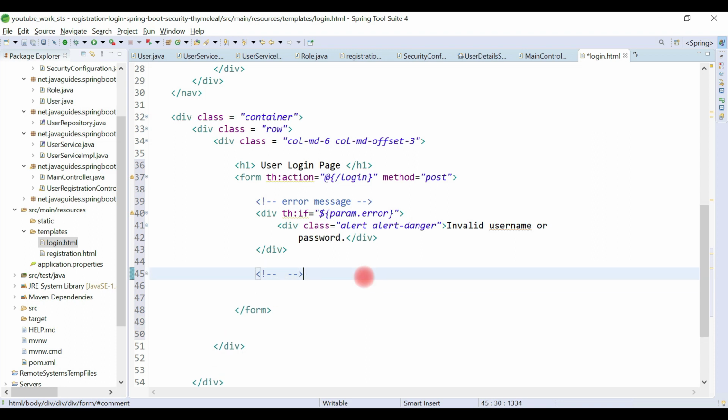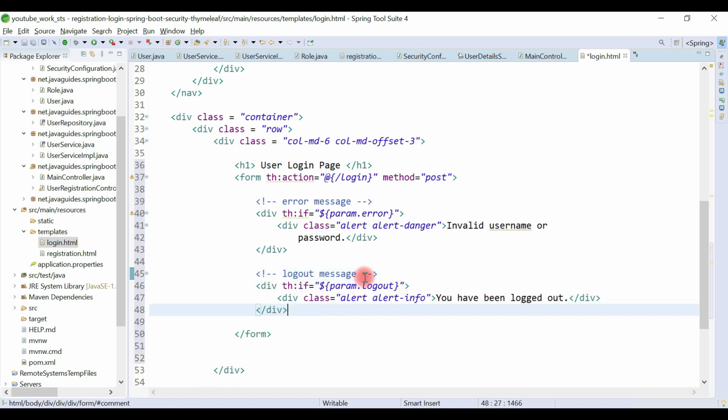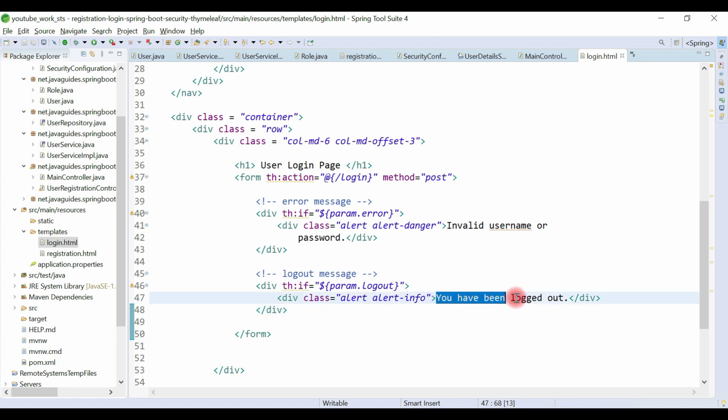Okay, great. So let me add one more div here. Whenever the user clicks on the logout button, the user should be able to navigate to the login screen with a logout message, right? For example, if the user clicks on the logout button, then the user will navigate to the login screen, and in the login screen we pop up a you have logged out successfully message.